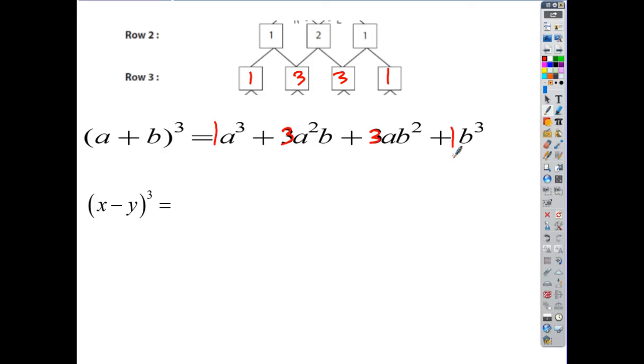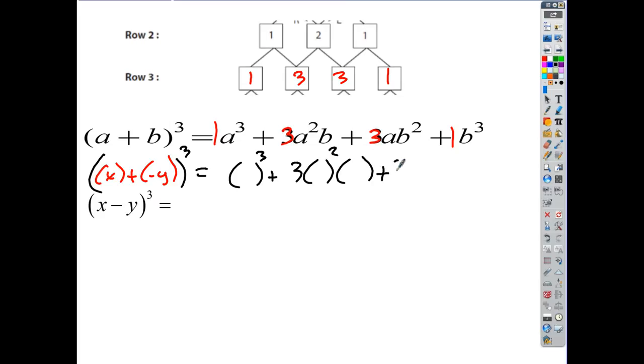Let's do something like x minus y. So what's my a? X. And my b is just negative y, isn't it? In this case. And I'm cubing the whole thing. So I'm just going to follow my pattern, right? Where I've got a is x, b is negative y,